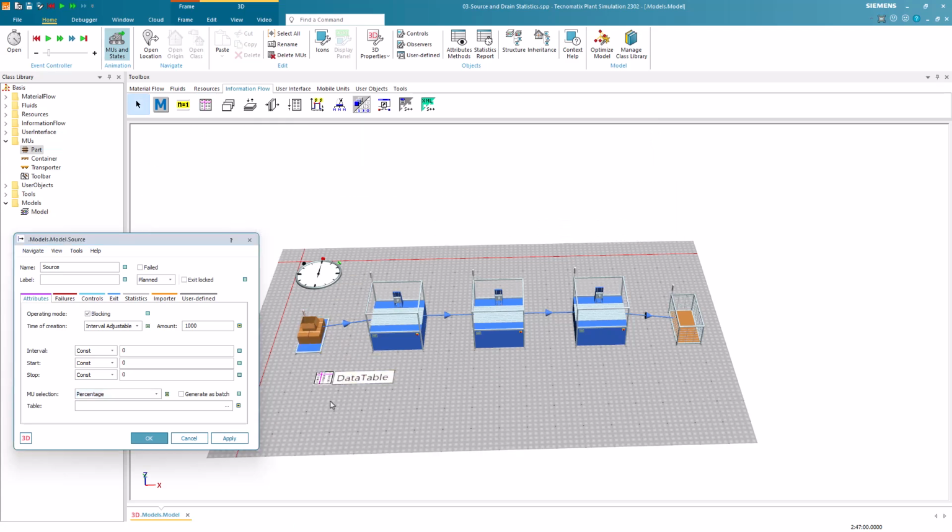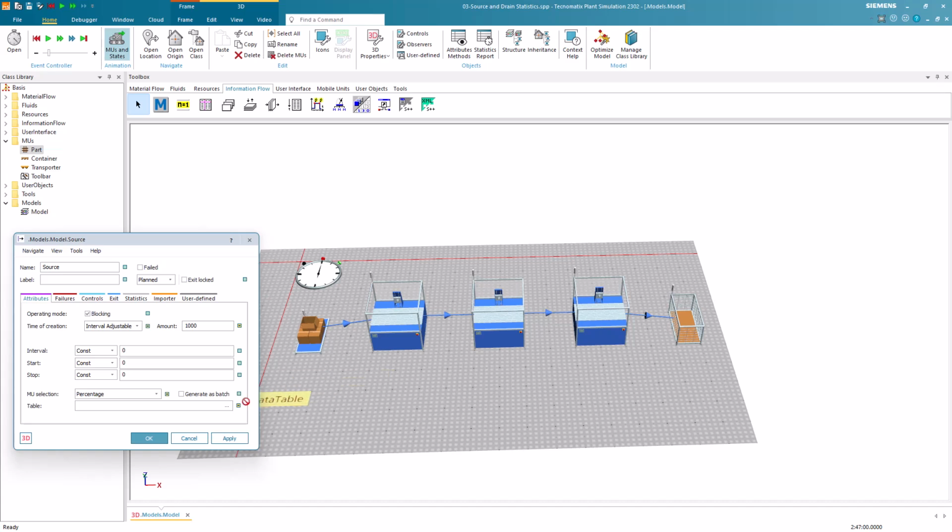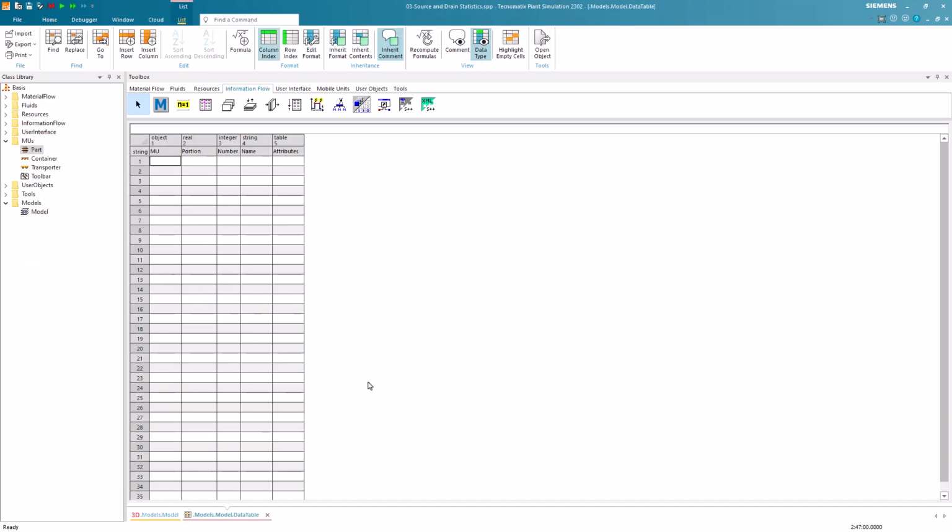This table object is currently unformatted. If we open the table object, you will see that there is no proper column to enter a percentage. It is just a raw table. We will now drag and drop the table object into the dialog of the source. In this way, we did successfully parameterize the source. The source will now, with plain words, look into the table and produce objects according to the parameters we will enter. If we now reopen the table, you will see that it is formatted.